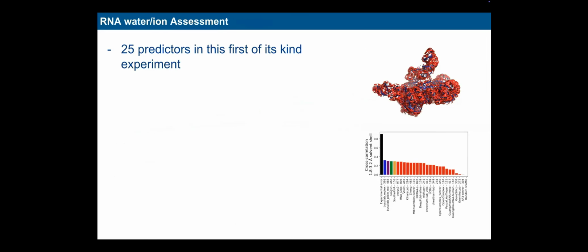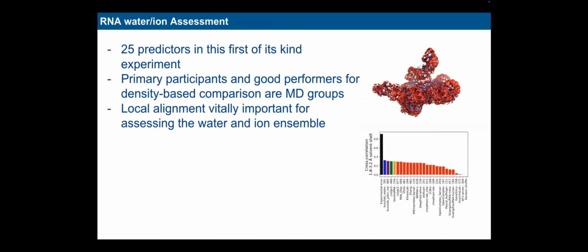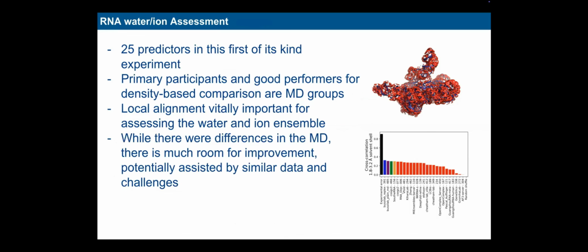So to quickly conclude, we were very surprised to get 25 predictors in this first of its kind experiment. The primary participants and the good performers, but that may be just because of the selection of teams we did have, all came from the MD groups. Local alignment was vitally important for assessing the water and ion ensemble. And while there were differences in the MD methods, there is much room for improvement, potentially assisted by similar data